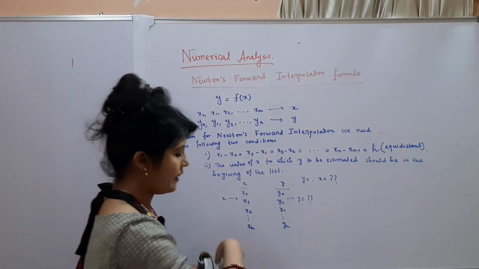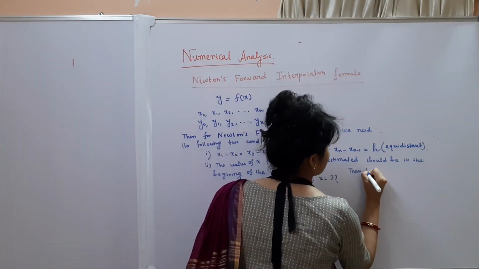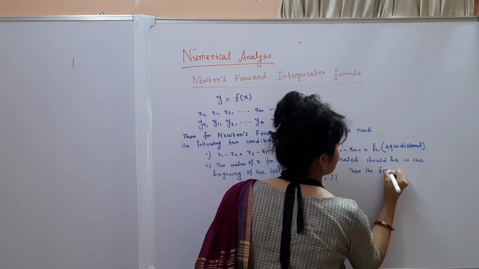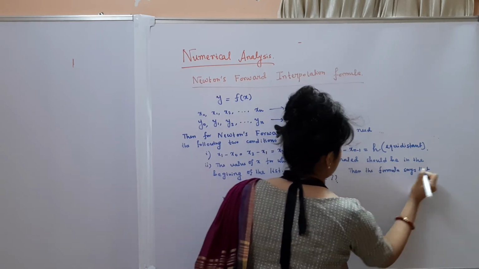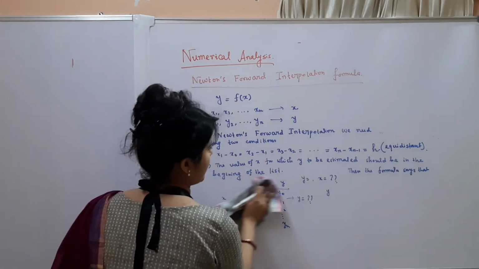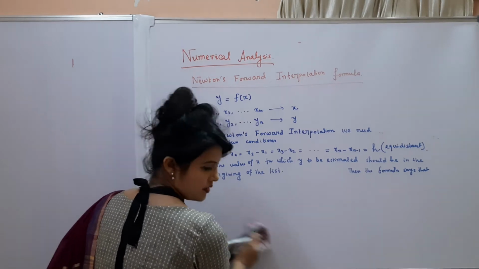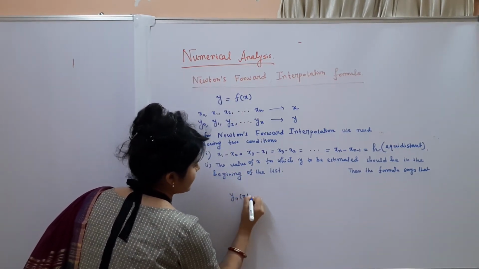Okay, then the formula says that, so the formula is y_n(x) equal to